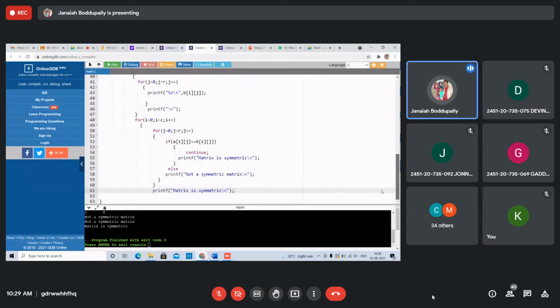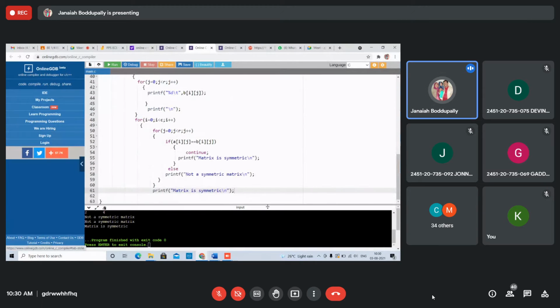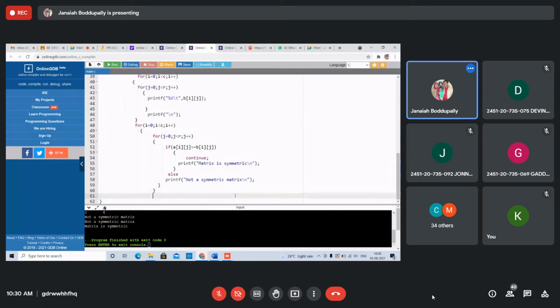If both the elements are equal, the matrix is symmetric. If not, one element differs, and it is not a symmetric matrix. But why is it printing 2 times? One minute, see this.